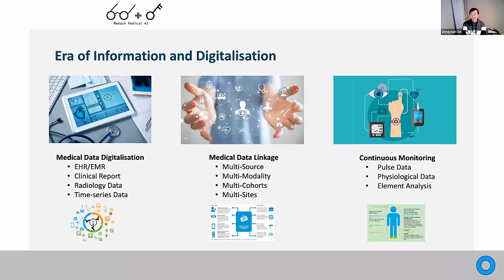And there's a research area called CAD, computer-aided diagnosis, to help clinicians and radiologists deal with that information. And since more medical data are digitalized, they can now be linked. So you are hearing more and more modern words, maybe like machine learning, AI model. They are multi-source, multi-modality, multi-cohort, multi-site, and all this data can be linked because of data digitalization. And we can now carry out sensing not just in the ICU, so we can get 24/7 pulse data, physiological data,